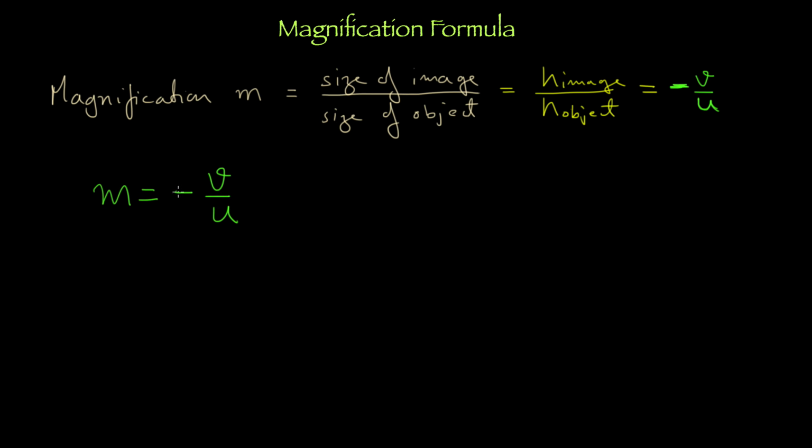This is the formula. This minus is of the formula, nothing to do with the convention of V and U. Again and again I am repeating, when you substitute the values of V and U, then only you are going to put a plus or a minus. Is that clear? And U is always negative, so it is always minus something. But when you are going to substitute the value, is that clear? When you are going to replace with a numerical value, with a number, right?